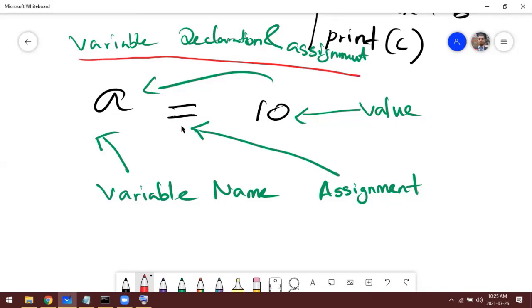So now A equal 10, meaning 10 is assigned to A. So after this, whenever you call A, its value will be equal to 10.